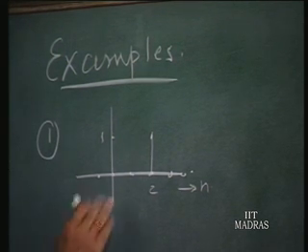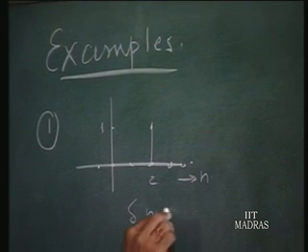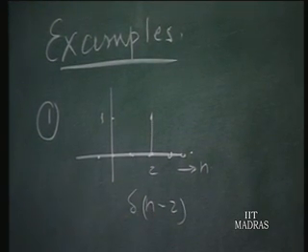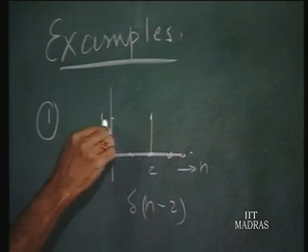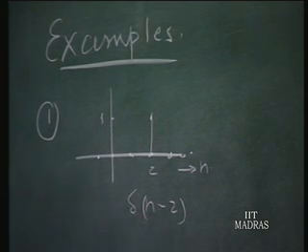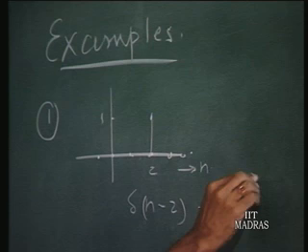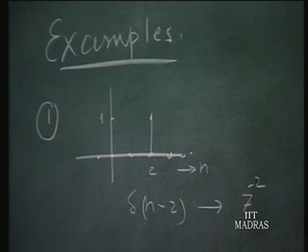Now this is obviously delta n minus 2. A unit impulse, if this sample was standing here, you would have said it's delta n, but it is delayed by 2 units, delta n minus 2. Since we know delta n has a z transform 1, delta n minus 2 must have a z transform z power minus 2 times 1,